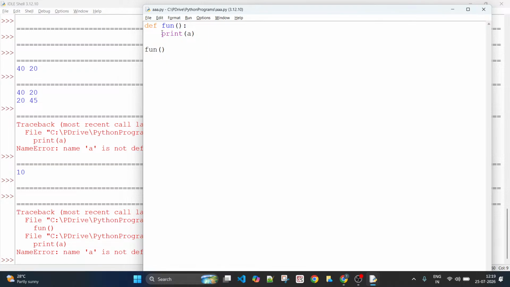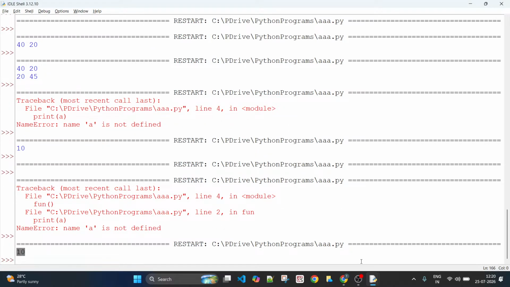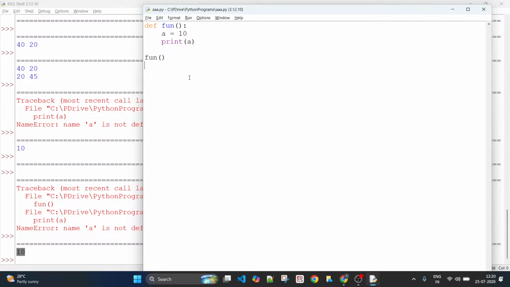All right, that's okay. But now, why did this say that I don't know A? Because there is no A within the scope. So what I can do, I can just say A equal to 10. Now what happens? Now you won't get that error because now there is a variable by name A within the scope of fun. When you call the function fun, control comes here. It establishes a variable called A with value 10 and it can print the value of A, meaning 10 will be printed. So you can see 10 printed out. No error now. Makes sense, right?